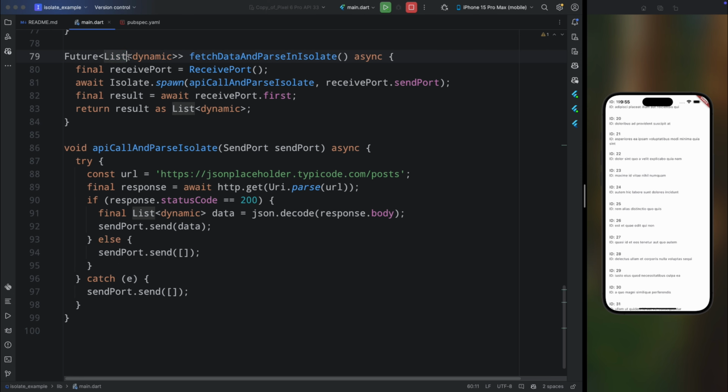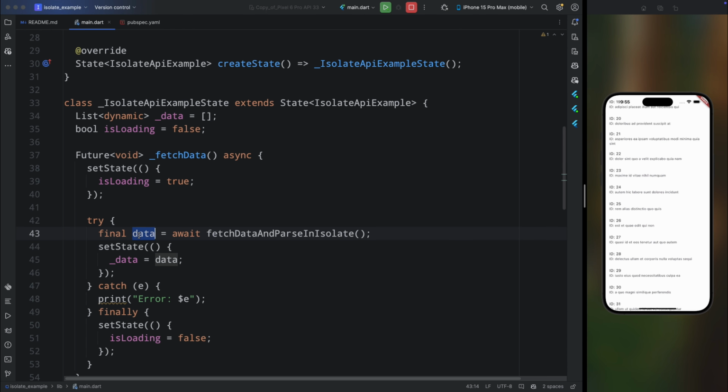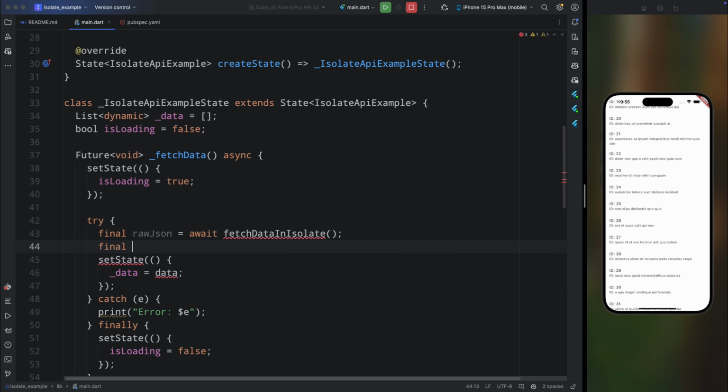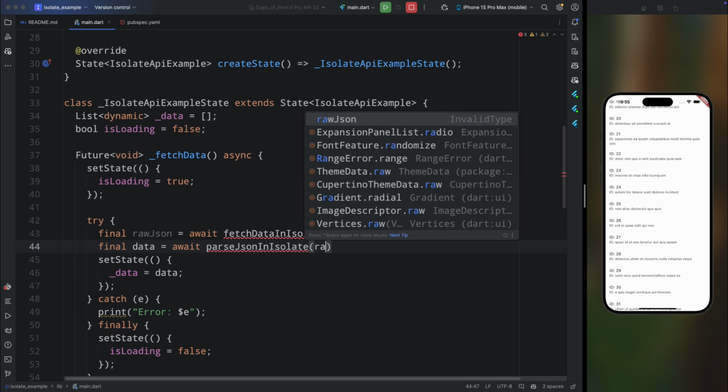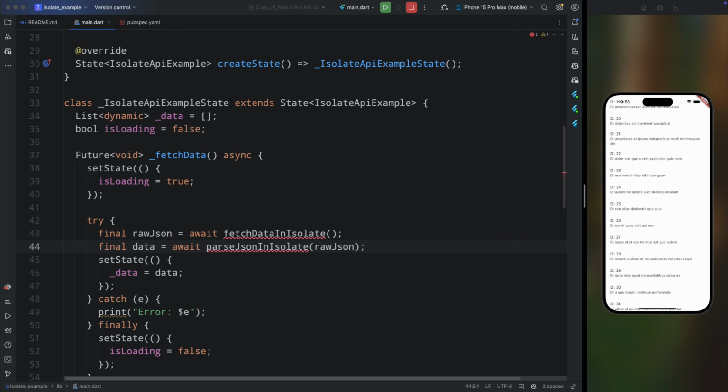For doing that, first come over here and rename this variable to rawJSON from data, because we are going to use this isolate to just call the API. Then change the method name to fetchDataInIsolate. Then create another variable and add another isolate to parse the JSON data, and inside this isolate pass the rawJSON, because we are going to parse this JSON data into a readable format